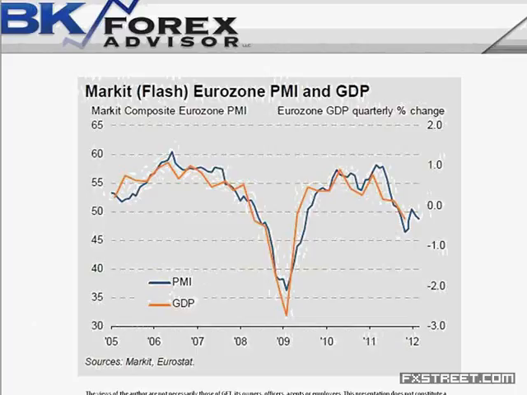So this is just a little graph from the Financial Times that I pulled, and it just shows you how, indeed, you're right, Solomon. The Eurozone economy is deteriorating, and it's moving from the boom mark to the bust mark in the PMI, which is consistent with the 0.3 to 0.5% contraction in Eurozone GDP growth for the first quarter.